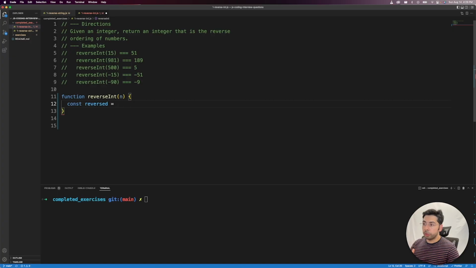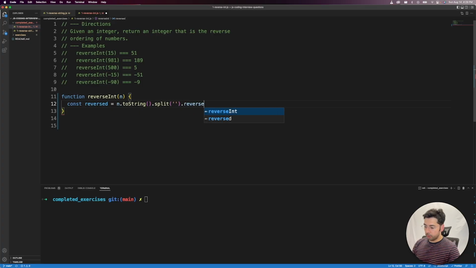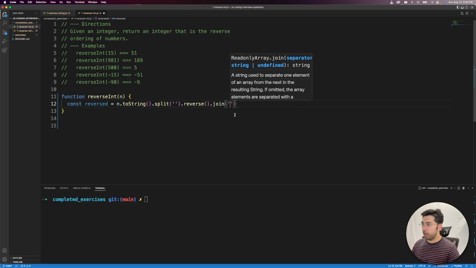You already know how to convert a string. So we need to convert the integer into a string, and to do that we can use the n.toString method, and then do the same thing we did for the string: split it into an array. Now run reverse on the array. Why are we converting it into an array? Because the reverse method only works on arrays, and then we will join it back. Join. If I return this